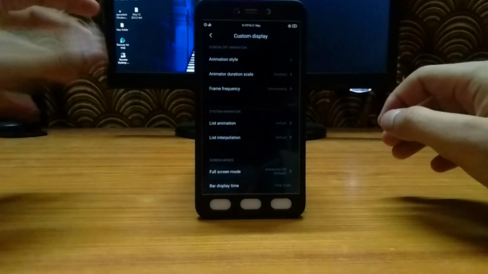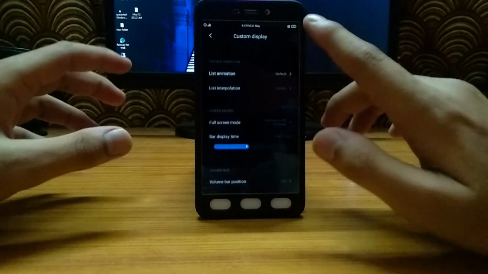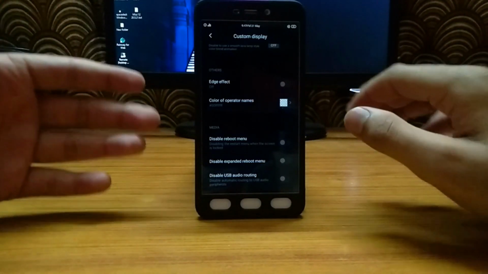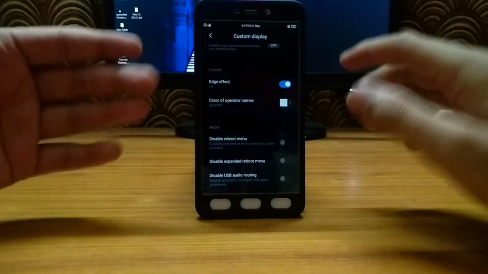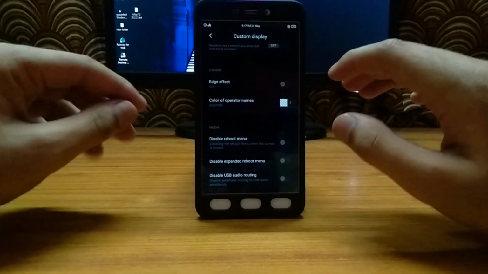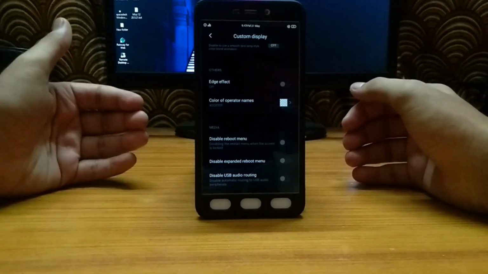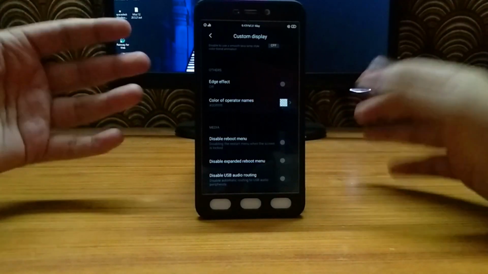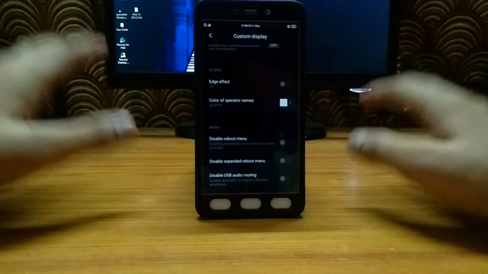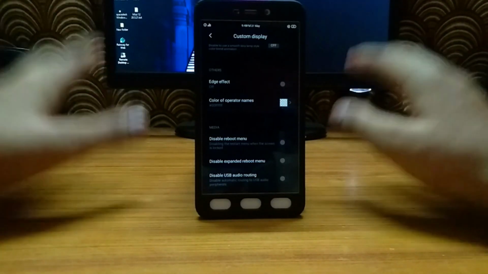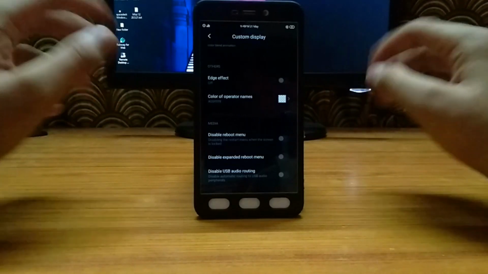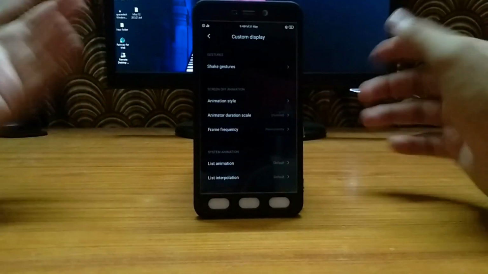And for this customization, I could say you could use this ROM, and there is a special option, edge effect, that we could enable. If I enable it right away, it isn't going to do anything, it just shows the black bars. But in my testing, you just have to reboot the device to make the edge effect work. When you install this ROM, you first see the edge effect already enabled, so you just have to disable this and reboot your device to make it work. This looks good to some people. In my opinion, it doesn't look good on my device, so I just disabled it.